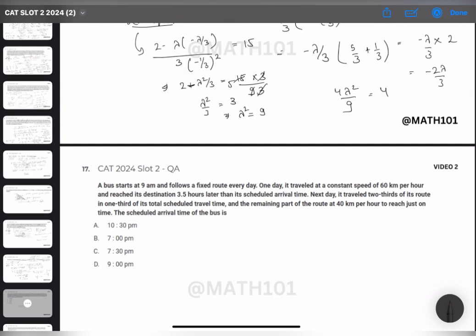Let the scheduled time duration be t hours, so t plus 3.5 into 60 km per hour, 60 is the distance it travels. Next day it traveled 2/3 of its route, so 2/3 of its route would be 2 by 3 into 60 into t plus 3.5 plus